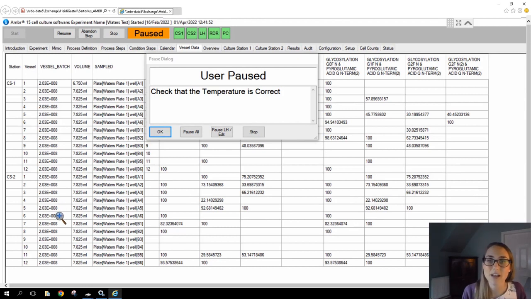Or you may want to monitor the amount of an undesired modification over time. For example, if you want to check for sialylation or cysteinylation, so that you can choose the best process parameters. You may also want to combine the information from the BioAccords with the readouts from your other probes or other analytical techniques. Last but not least, the AMBER can take action based on the results from the BioAccord.